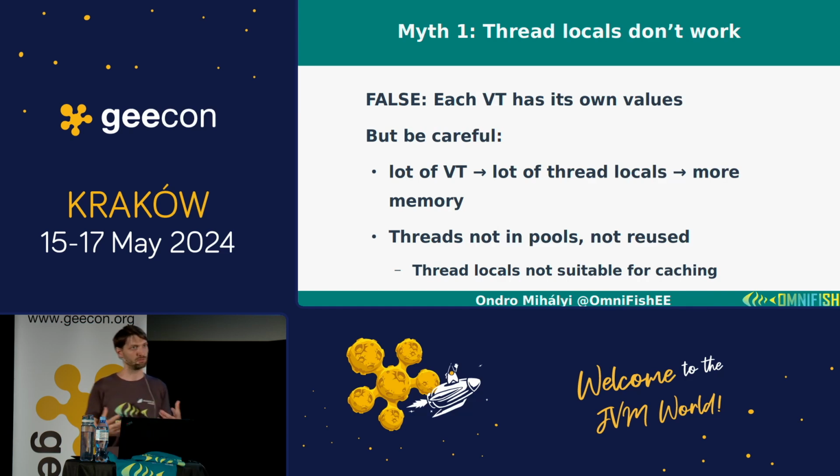But even in that case, if you forget to remove something from thread local, it will be there in the virtual thread until it's stopped. Again, virtual threads will be stopped probably much sooner than threads in a thread pool. But still, if you create a lot of threads and each of them creates a thread local variable and stores something to it, you have like 10,000 or 100,000 copies of it. So don't overdo it. I would say don't overuse virtual threads.